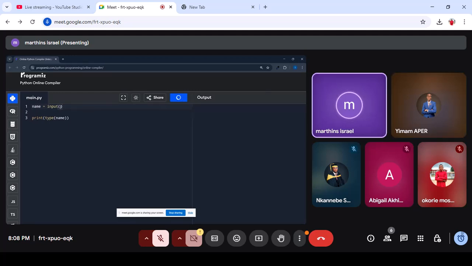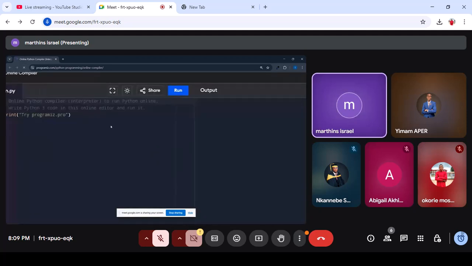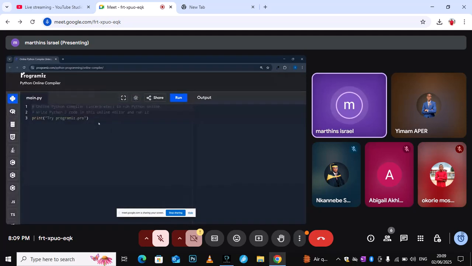So let me just tell you: input by default takes in a string. I think this network is affecting this. So input by default takes in a string. So when we print name,